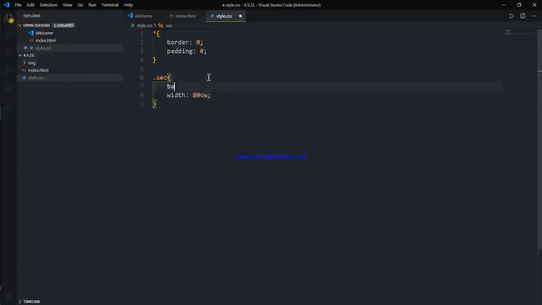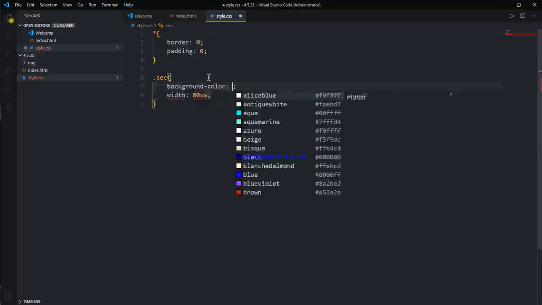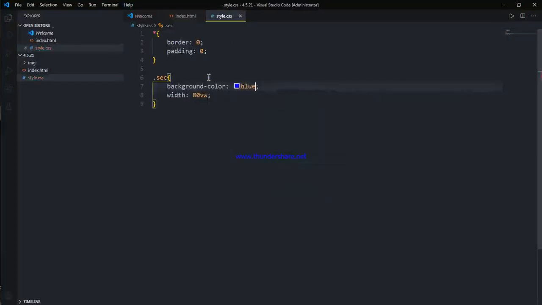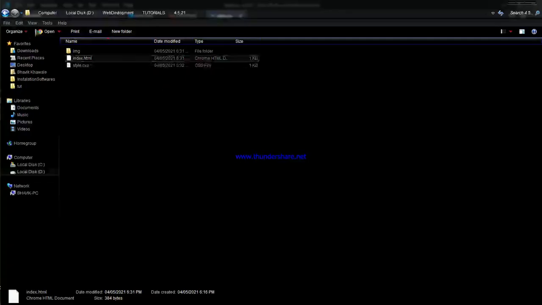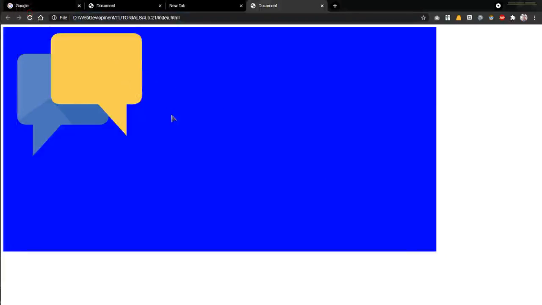We can give a background color, just for our understanding of where the section is going right now. And we can give the height as 80vh, that is 80% of the window height. Restart it, and here it is.